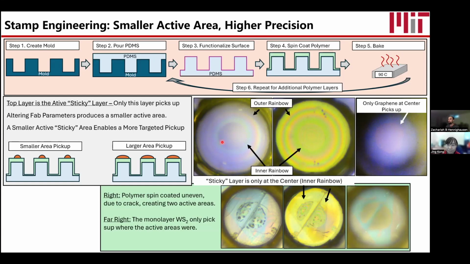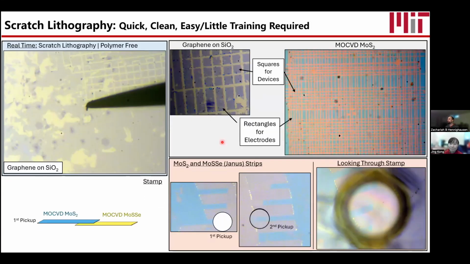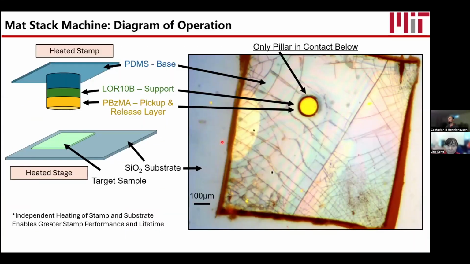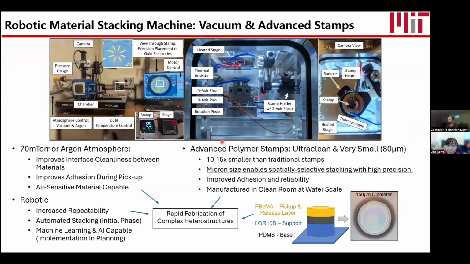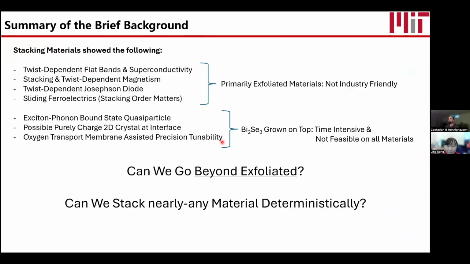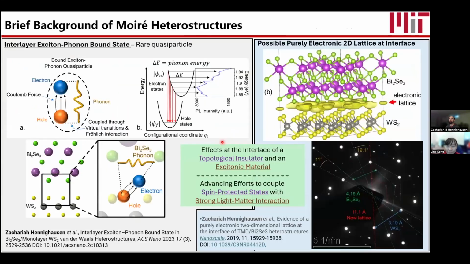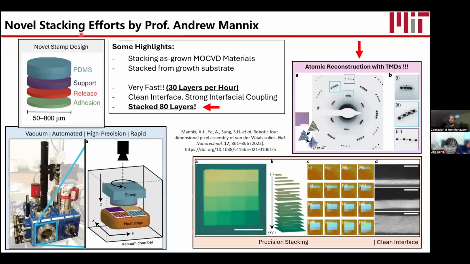Okay, and then the type of polymers we chose. Let's see, where do I have my polymer slides? Not here. Maybe I should go to Andrew Mannix's slide. Here. Okay, so PDMS, because it sticks to glass and you can spin things on. Intermedics has a support layer. We use LOR, liftoff resist 10, I believe, and that was to sort of stabilize the stamp.